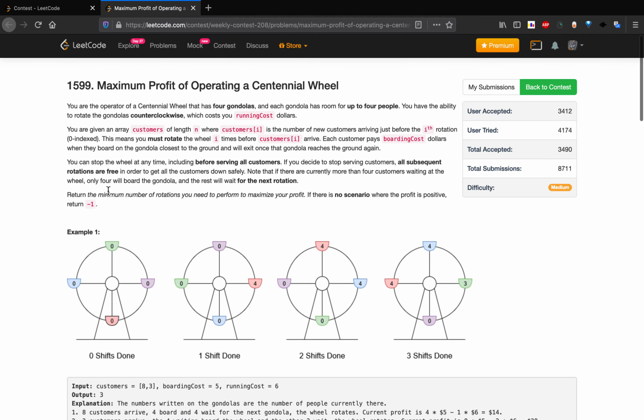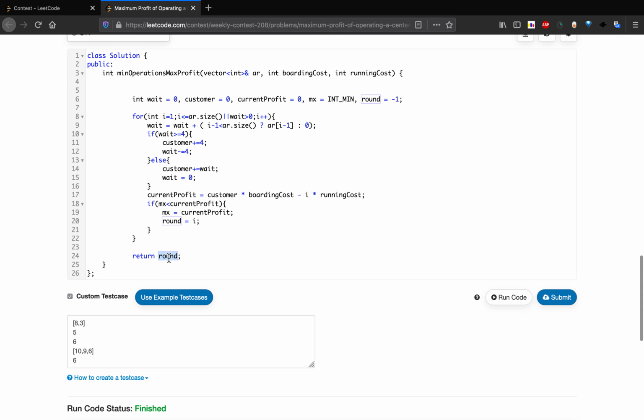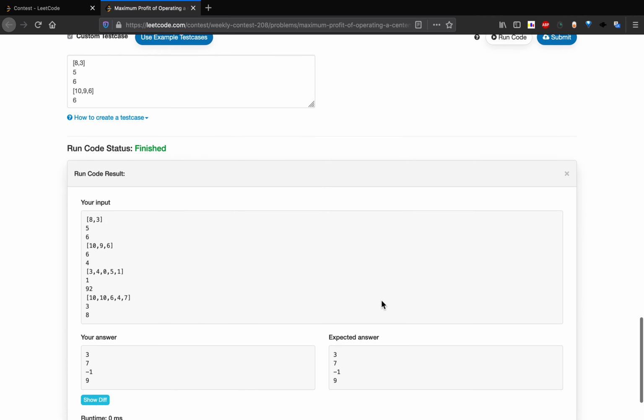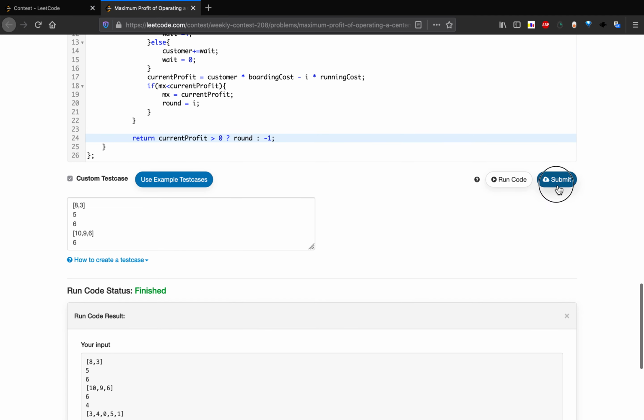We have to return -1 if the profit is not positive. So if our current profit is greater than 0, then we have to return round, else we have to return -1. So let's run it again. See, 3, 7, -1, 9. So let's submit it.